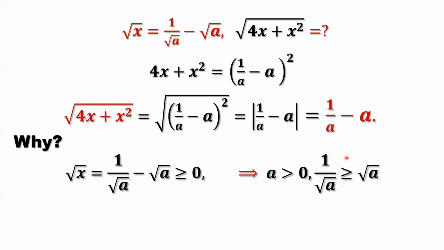Right? We have this here. Continue to simplify this. Square both sides, because left-hand side, right-hand side, both are positive. Then we can square both sides. If one is negative, one is positive, you cannot do that. So if we square left-hand side, that's 1 over a. If we square right-hand side, that's a. That means 1 over a is bigger than or equal to a.